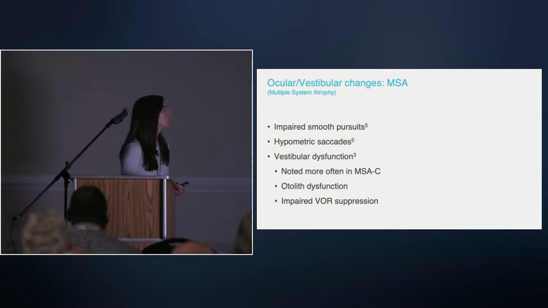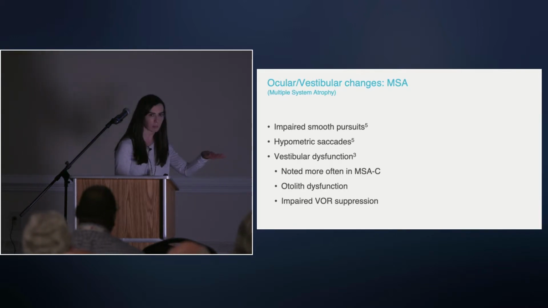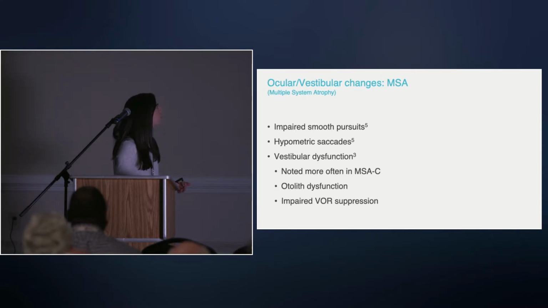Then if we go into multiple system atrophy, again, impaired pursuits, I'm going to have a hard time following my pet that's running around. Hypometric saccades, meaning that it might take me a couple different jumps to get my eyes from one place to another. And then the vestibular function kind of varies whether the person has more of a Parkinsonian subset of MSA or the cerebellar subset. So with the cerebellar subset, we're looking at otolith dysfunction again, thinking about that translatory movement,